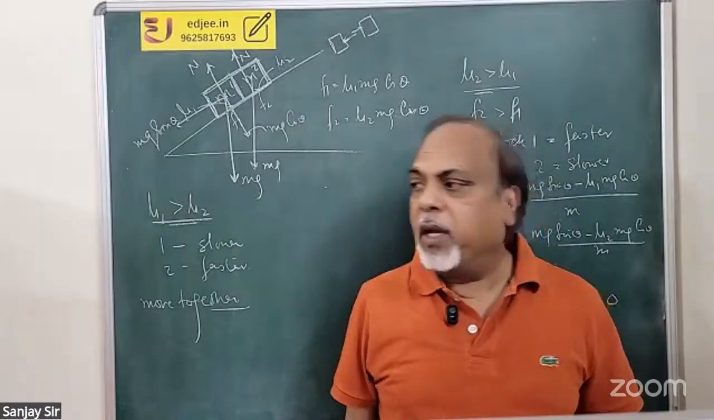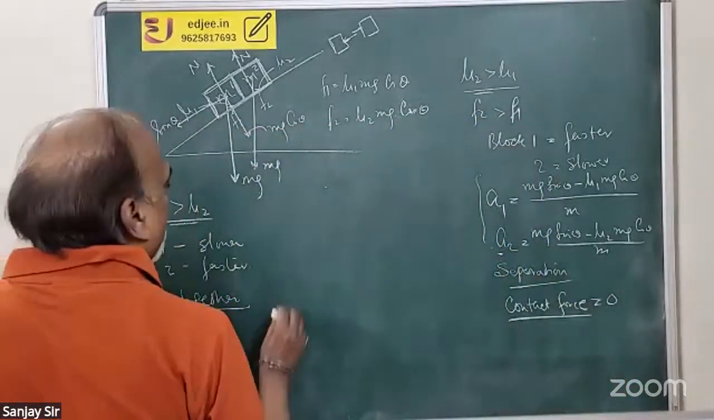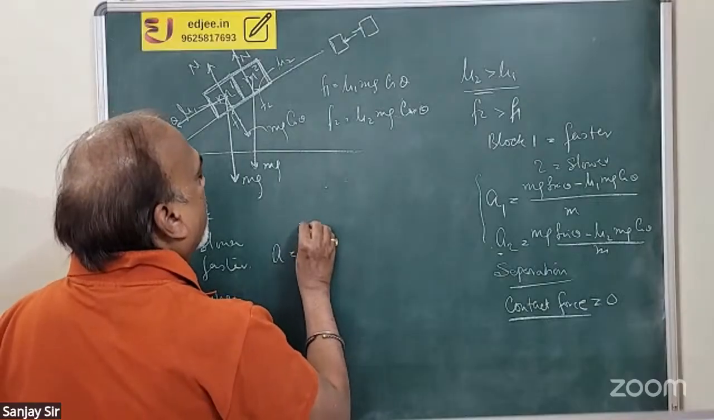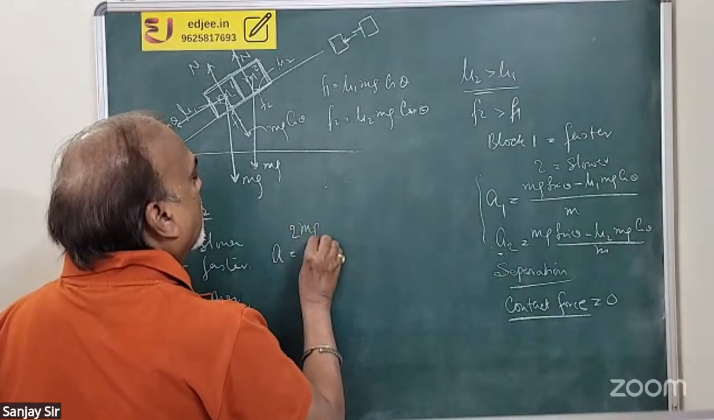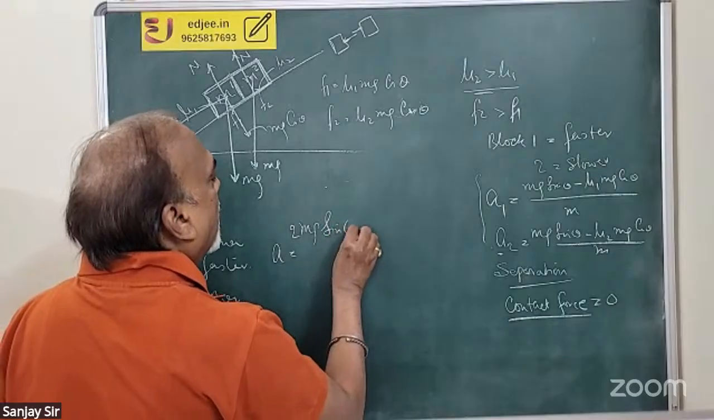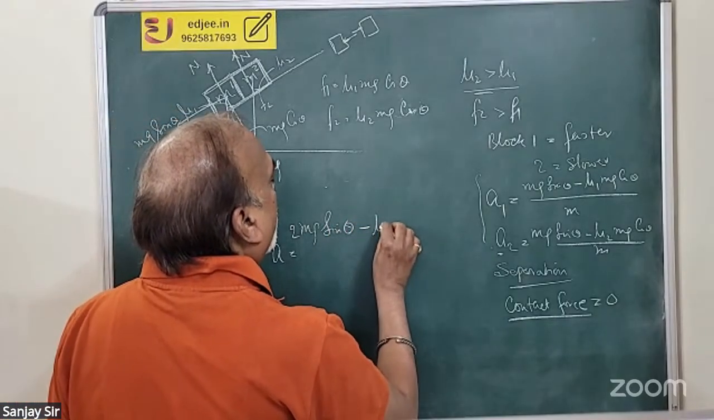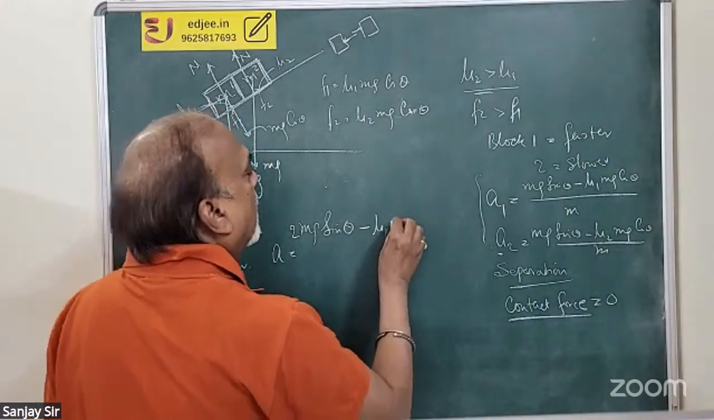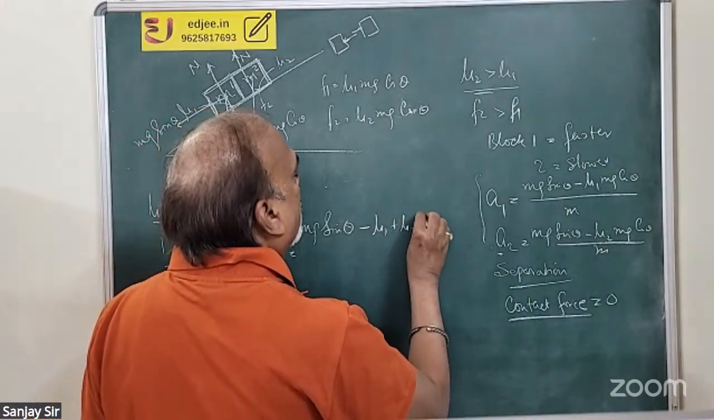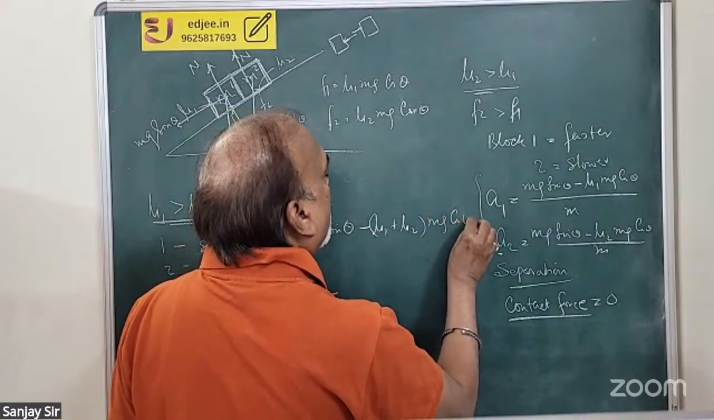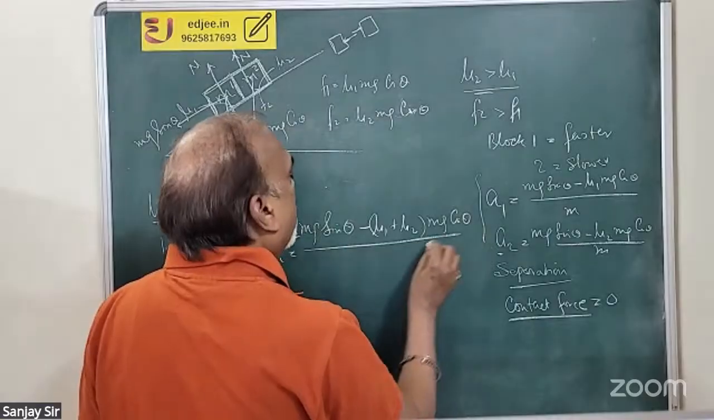They will move together, and of course, you can find out the acceleration. Acceleration is nothing but mg 2mg sine theta minus mu 1 plus mu 2 mg cos theta divided by